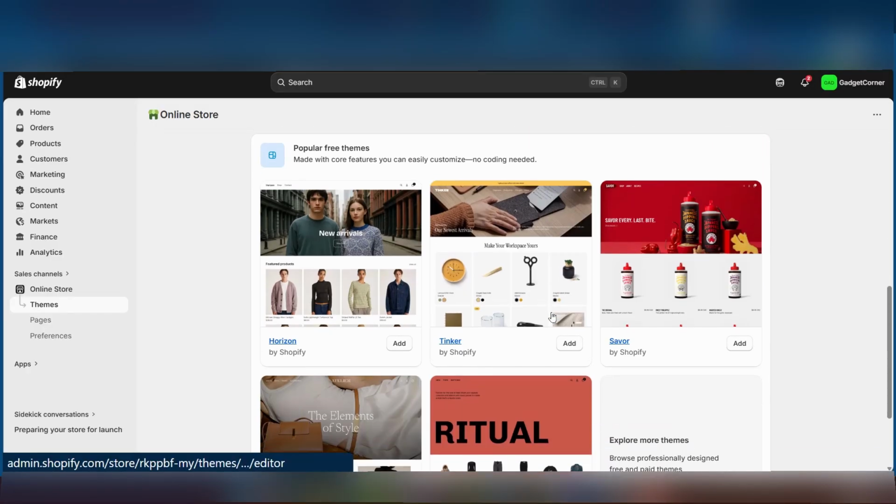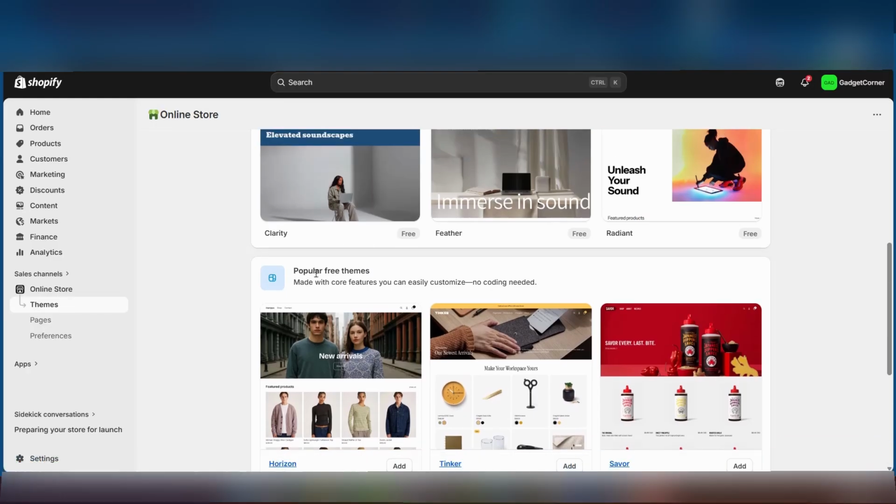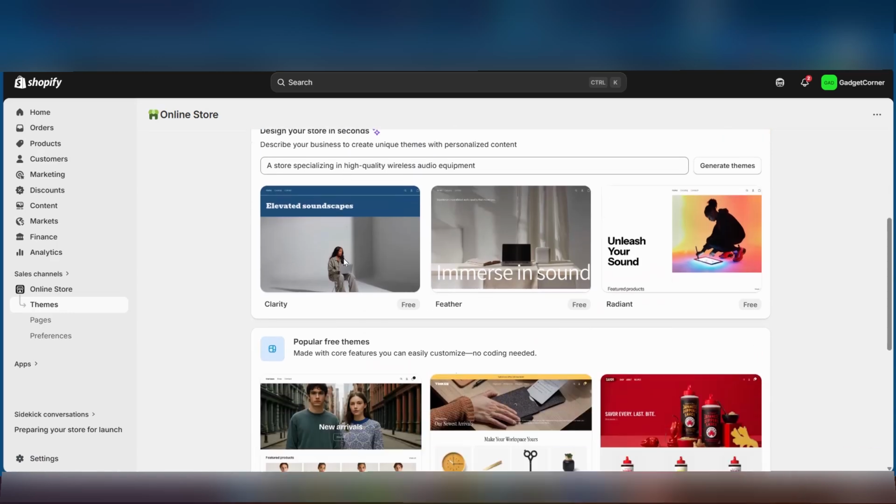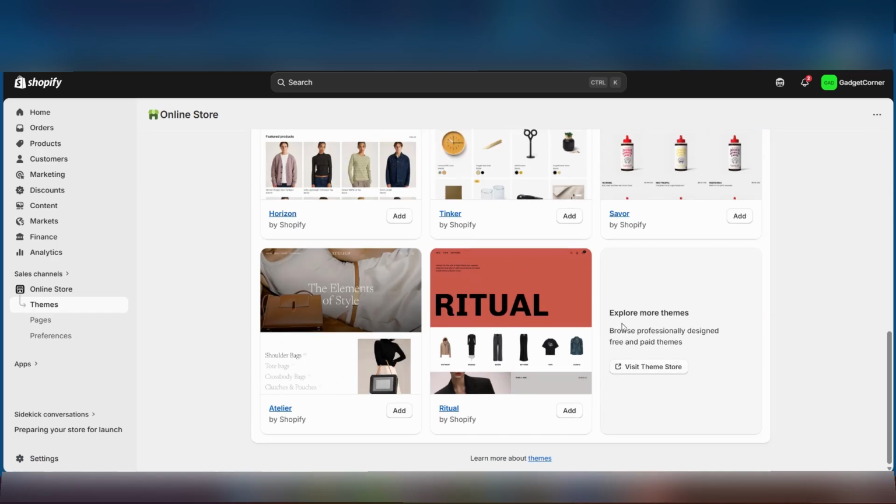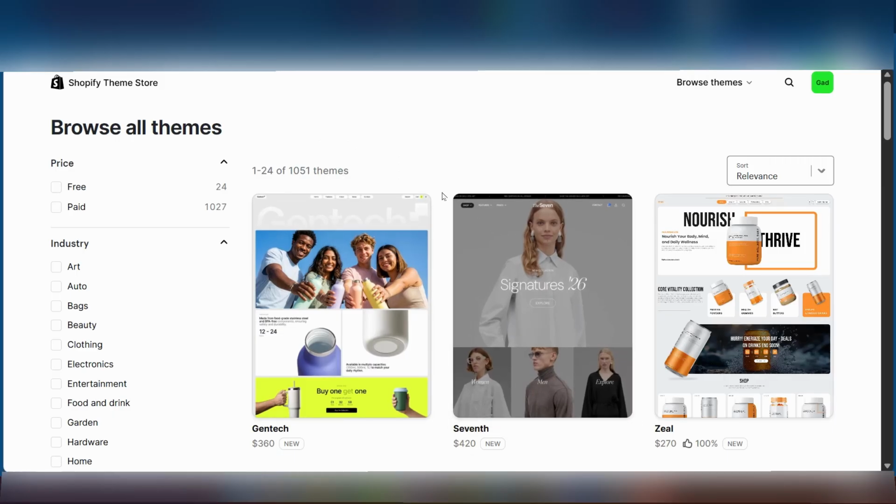So we're going to scroll down and you can see some themes here. Popular free themes, of course, and as we're going down you can see explore more themes. So we're going to click on this. It's going to open a new tab, and once it does this, all you need to do is